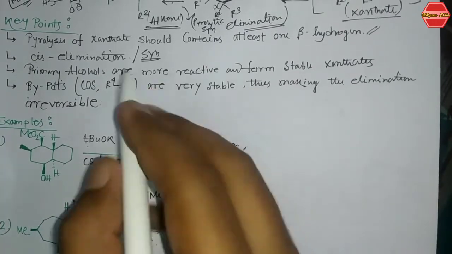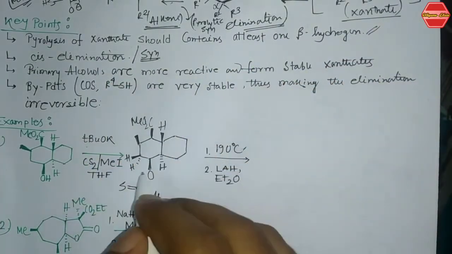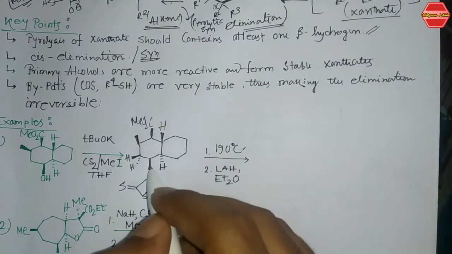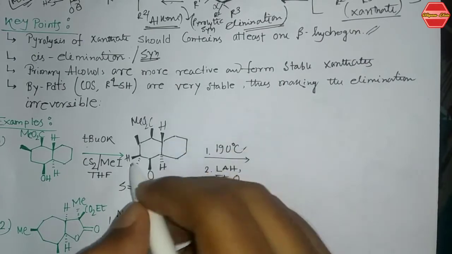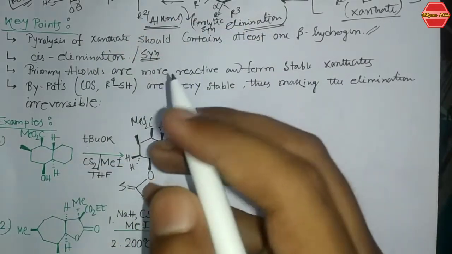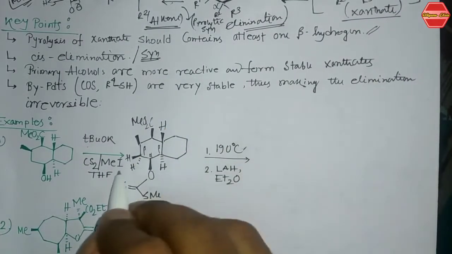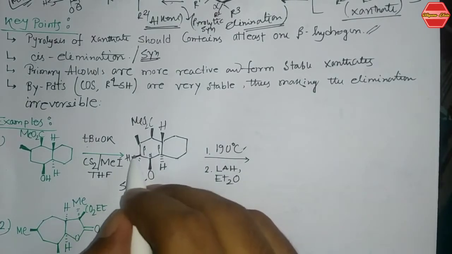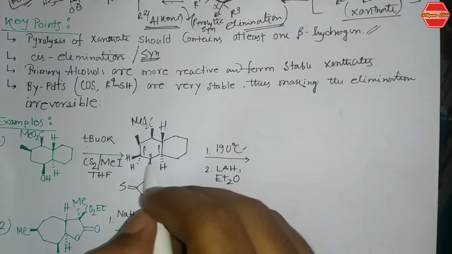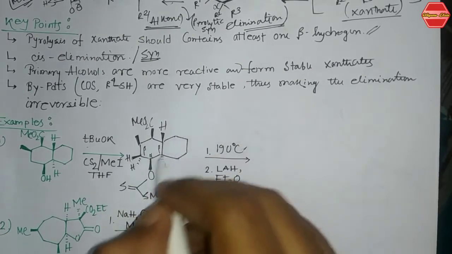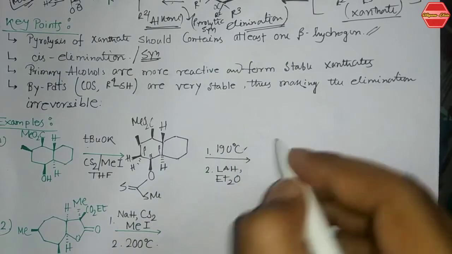So I already told you that this reaction is a pyrolytic syn elimination. So you can see this oxygen, that is the xanthate part, is above the plane. So if this is above the plane, then the next hydrogen, that is a beta hydrogen you have, this is your alpha, there are two beta positions you have. Now these two beta positions have these two hydrogens, that is one above and one below, and here you have the one below the plane. So from this elimination, you don't get the alkene over here, you are getting the alkene in this way specifically, and that is what it is.